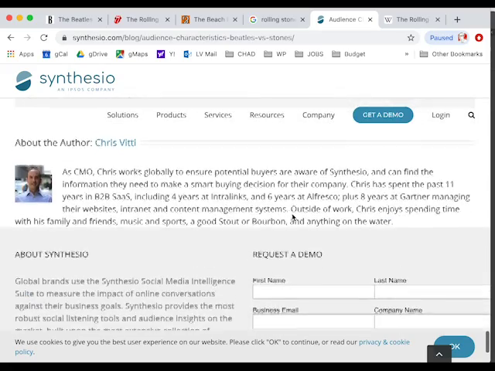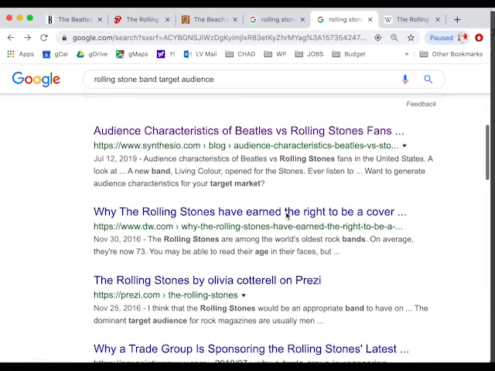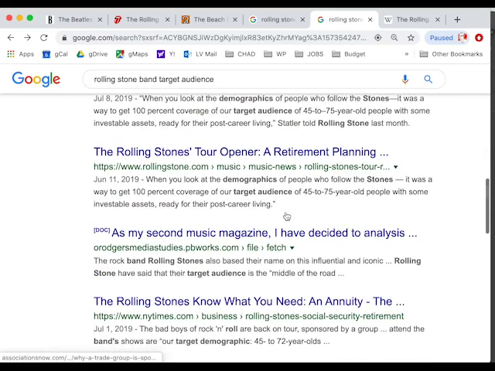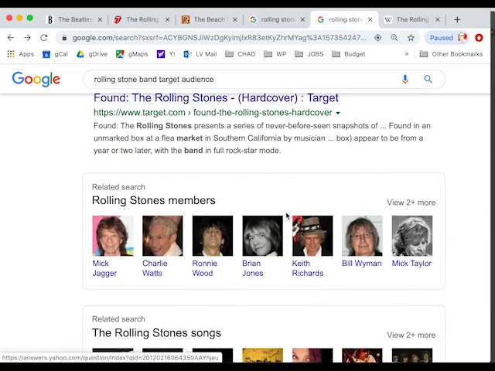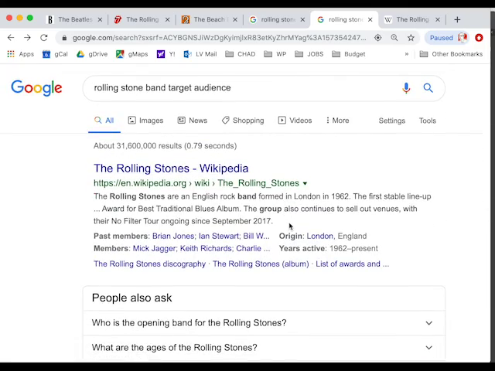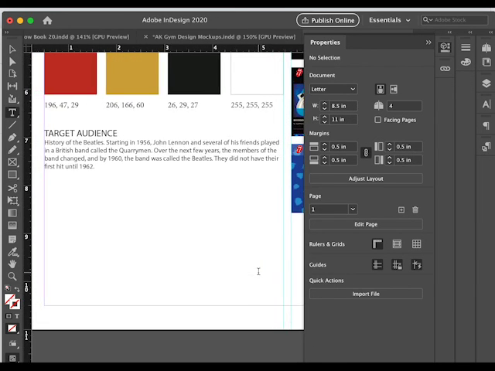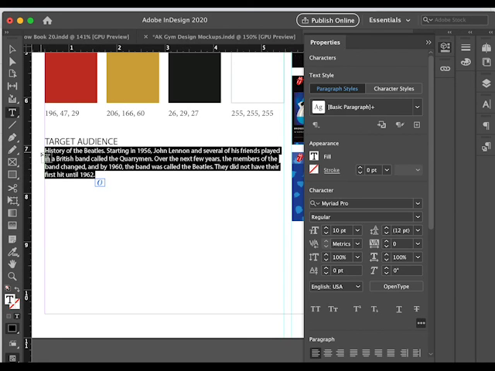Okay, so honestly, if you're a fan of one of these bands, it might be easier. If you can't find anything, it might be great to just write what you think about them. And so, since the Stones have been around for so long, their target audience,